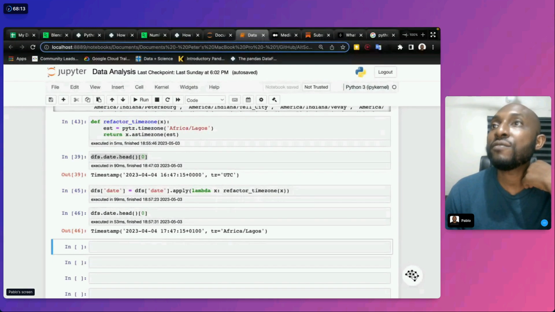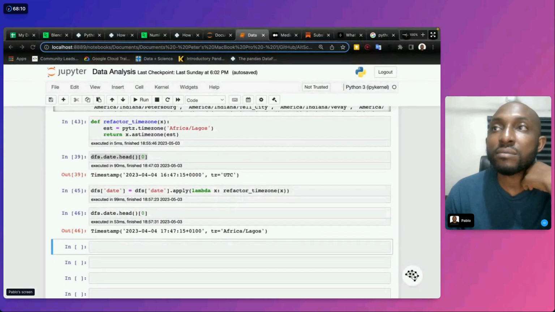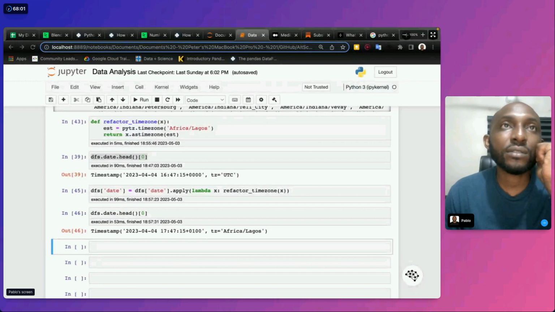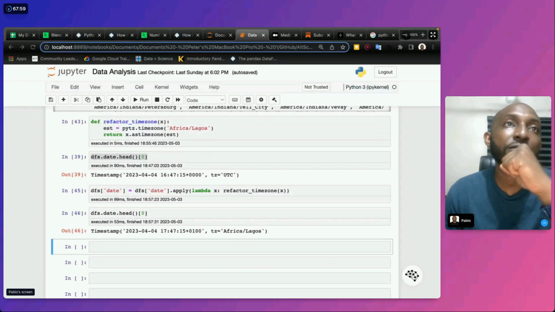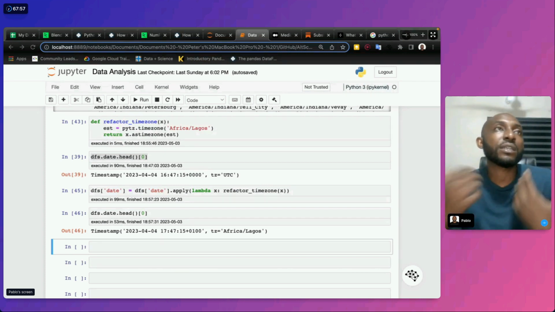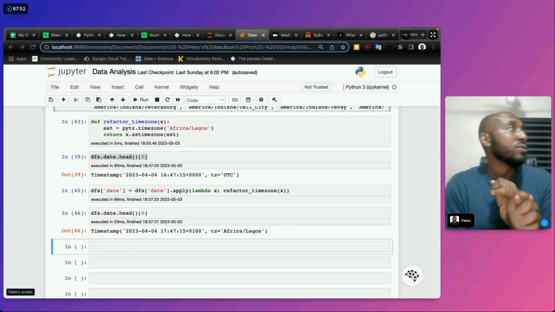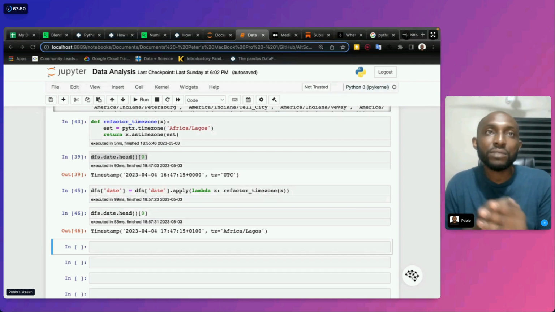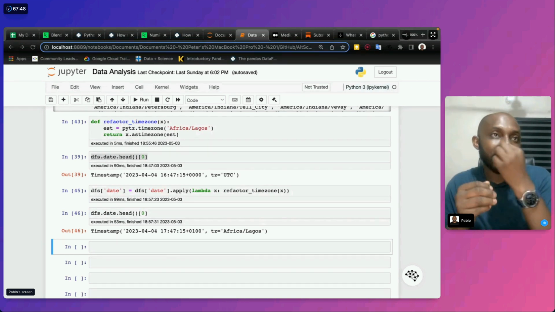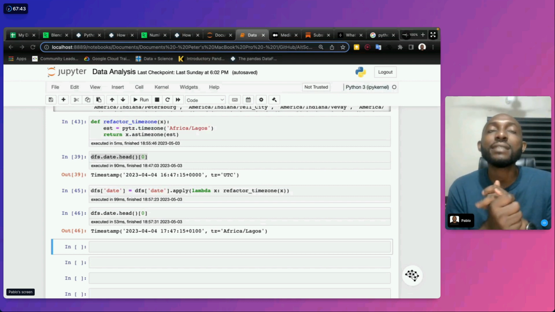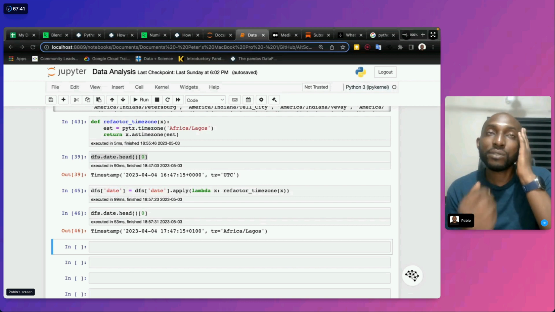So again, if you guys are in a different part like South Africa or elsewhere, if you do the refactoring, it's going to take it to your time. Again, what I need you guys to understand is, as you're picking this up, think about yourself being an analyst and the data that was collected was maybe email data or data that has time stamps to it.